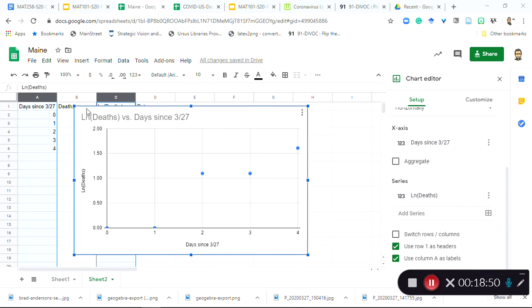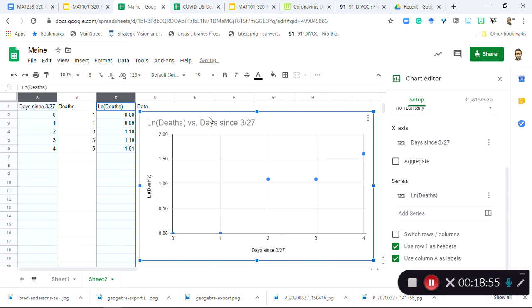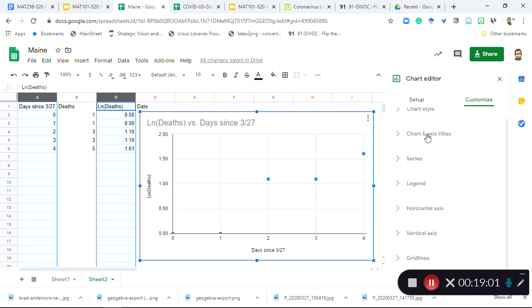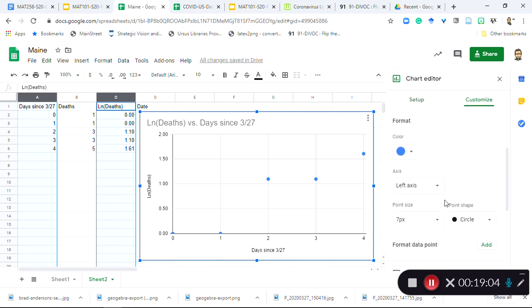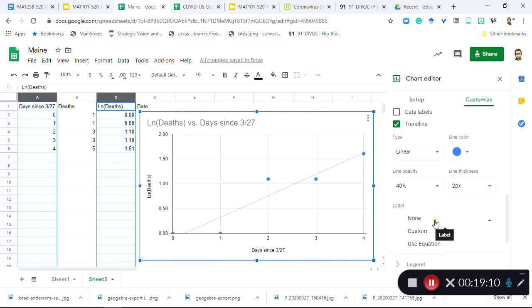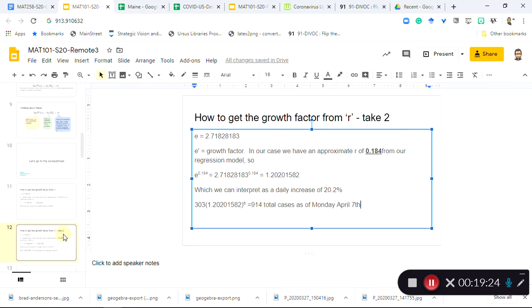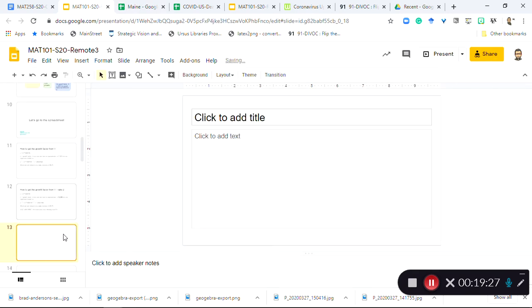All right, I've gone ahead and I've just copied that data over. Now, again, recognizing that we don't have very much data yet. This is good in the sense that we don't have very many deaths yet. We can do a regression. We don't have a lot of data, so we don't want to put a lot of faith in this. But as a preliminary estimate, we have a line. It's a reasonable fit, and we have an R value of 0.42. Right, so 0.42. So now I'm going to go ahead and calculate a growth rate for that. I'll pause the video.